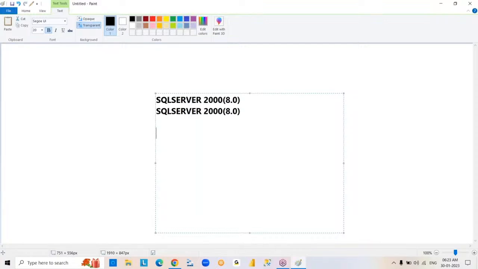So next we have SQL Server 2005, which is also known as 9.0. Then 2008 version 10.0. After that 2012 11.0,